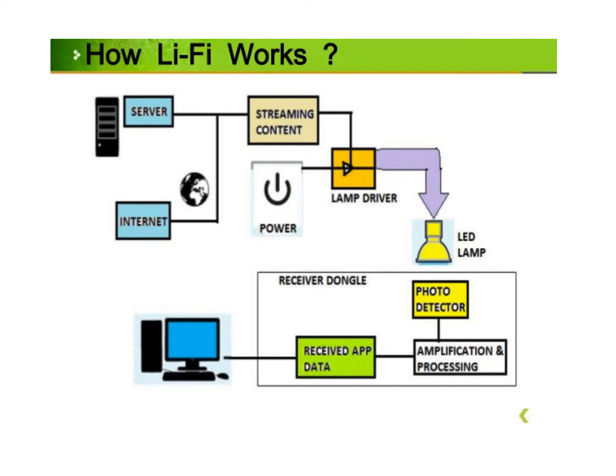As you can see in the diagram, this is how Li-Fi works. The servers stream the content of the internet, and that is given to the LED through a controller. The controller encodes the data from the internet and accordingly switches the LED lamp on and off, transmitting the data. The data from the LED lamp is received through a photodetector in our device, and it is amplified, processed and received through a browser or apps.